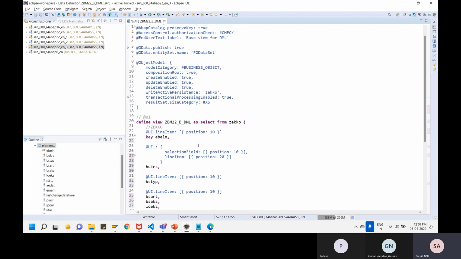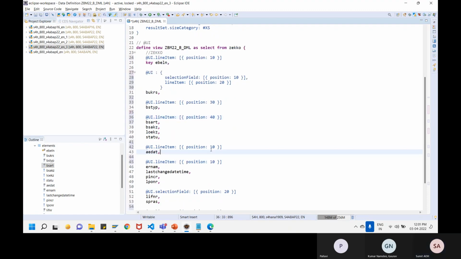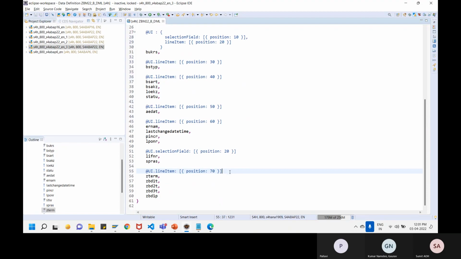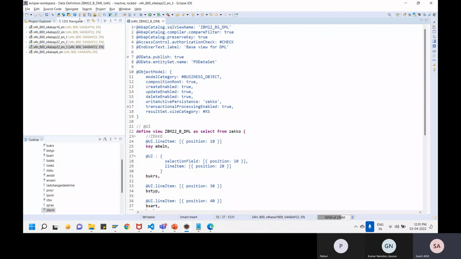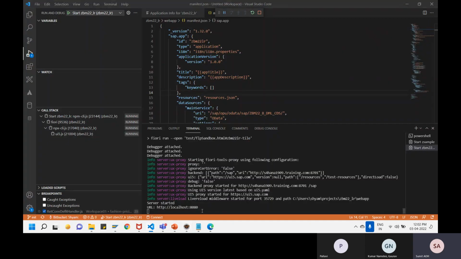Okay, and now I want this field to be first, this field to be second, this field to be third, this field to be fourth, likewise. And the moment I say activate, it would activate this view. And if I just try rerunning this particular application now,